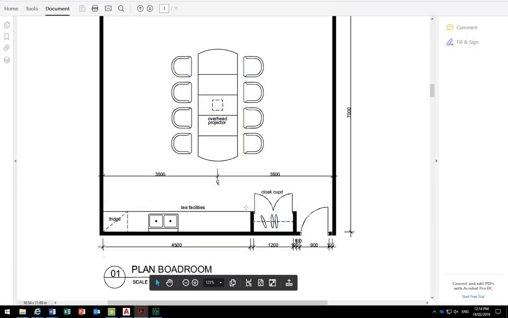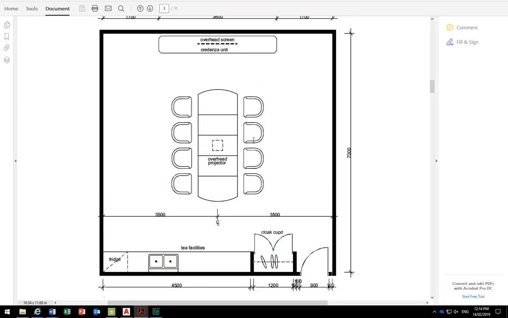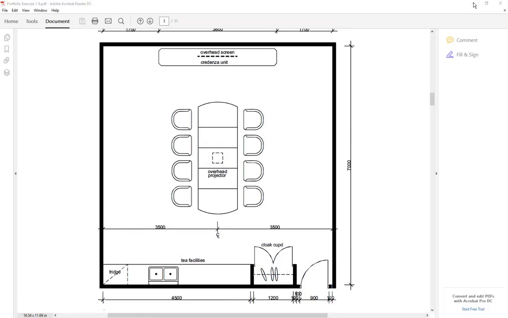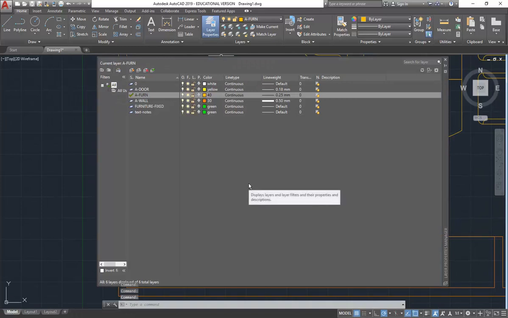And so then we're just going to put in some of the dashed lines before we finish off with the door. So you've got the fridge and then the credenza and the projector, they're all done with dashed lines. So we need a layer that has dashed lines. So I'm just going to bring up my layers, and